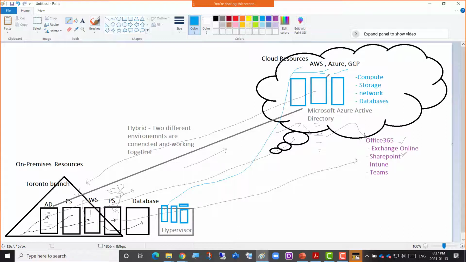Suppose you're a cloud expert, you know AWS, Azure, Google Cloud, and you say, yes, I'm an expert in that. The interviewer says, can you migrate our VMware machines to AWS? Obviously you need to know how VMware or Hyper-V really works, how virtual machines are working. When you migrate that, do you have to convert the virtual machine from VMware format to AWS format, or to Azure format? Yes, you do have to convert that, and you have to know how it really works.